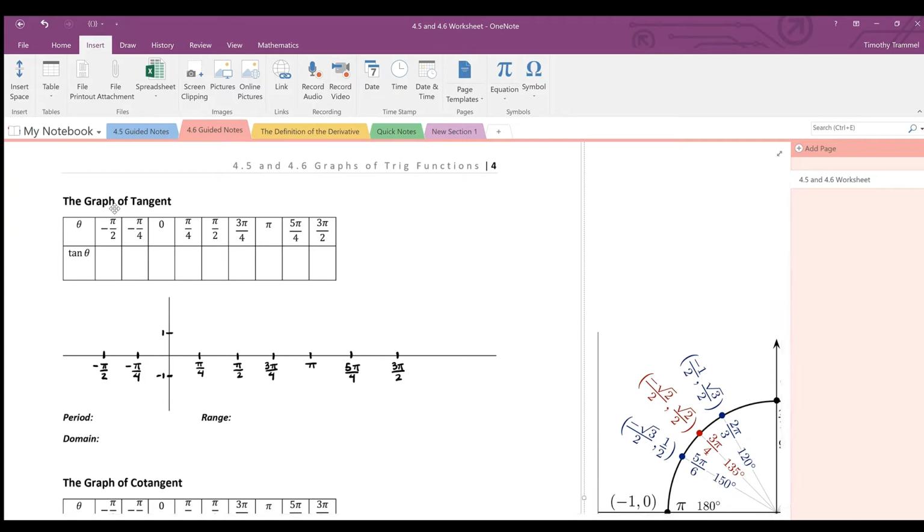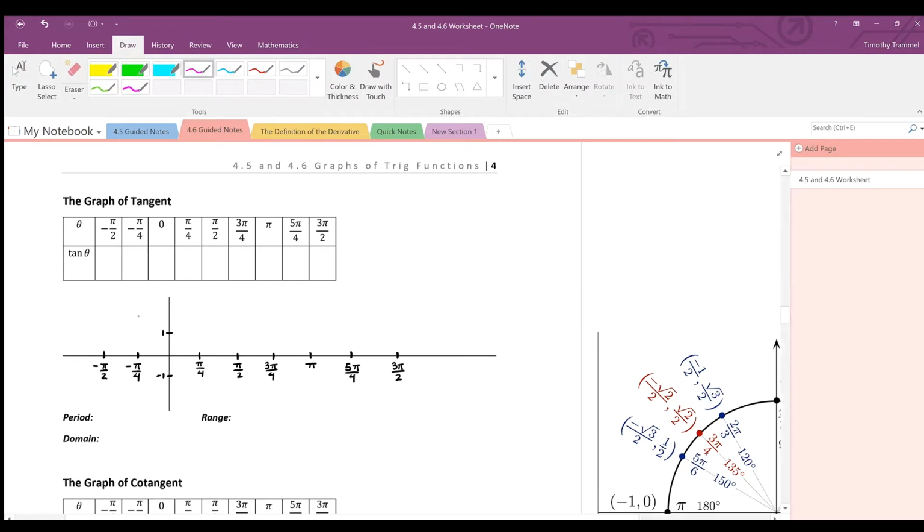Today we are going to figure out what the rest of these trig functions look like. We're going to start off here with tangent, and we'll do the same thing. We'll plug in some points and connect the dots. So let's start here at